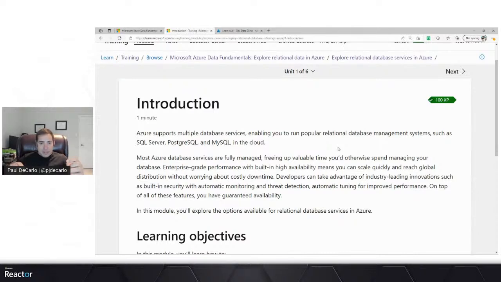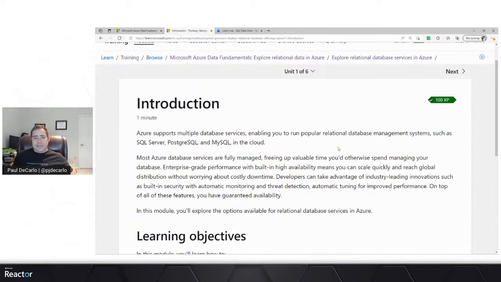the cloud. What you essentially get from the benefit of deploying in the cloud is freeing up time that you wouldn't necessarily need to set up and manage a resource, enterprise-grade performance and high availability, and the ability to scale up and scale down resources so that they can grow to handle your demand and also shrink when it's not there, so it's not costing you extra money for services that you're not using.